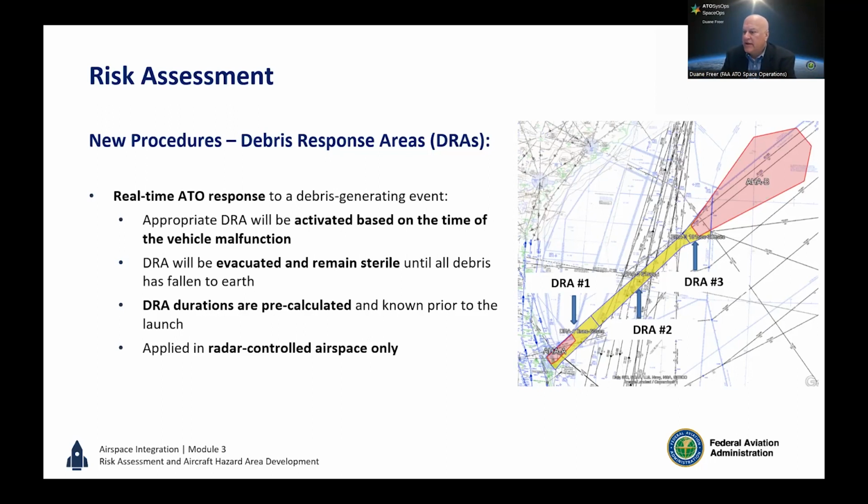How do you deal with non-controlled airspace? That's a really good question. So in our oceanic airspace, where we don't have tactical control of aircraft, we only use the 1 × 10⁻⁶ hazard area. Since we don't have the ability to respond to an anomaly in non-radar airspace or oceanic airspace, that is not a part of the processes for that airspace, and we block our 1 × 10⁻⁶.